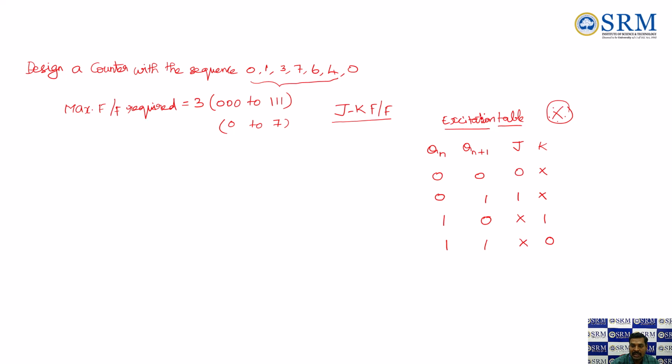This we already discussed in class, right? This excitation table, how we are analyzing or how we got this excitation table. Now comes to the table. So the present state I'm going to write. So here present state is first, then we have next state,